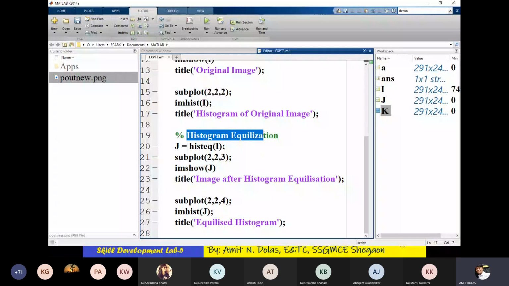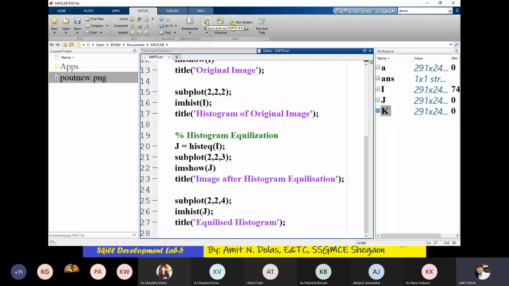Then the histogram equalized image, I saved it with the name J, plotted that, and we also took the histogram of J. In this way we'll get 4 figures together: the original, its histogram, the histogram equalized image, and its histogram.